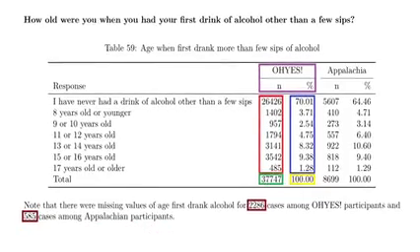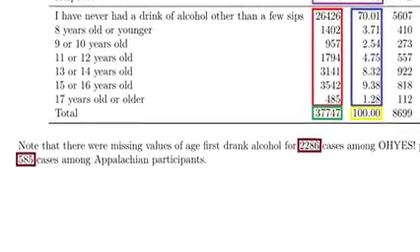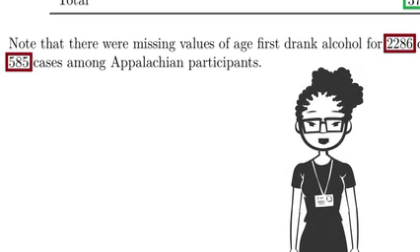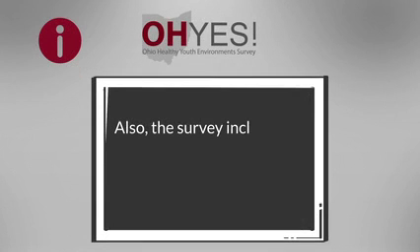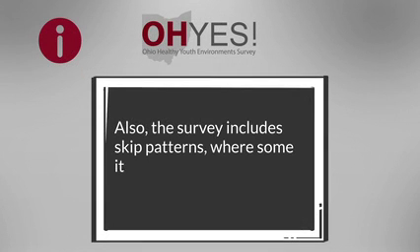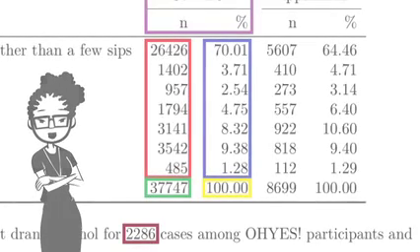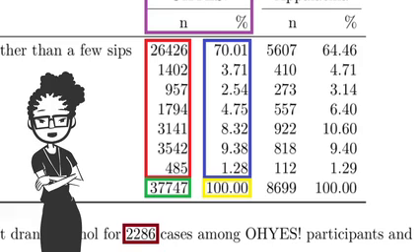The number of students who should have responded but did not are also listed for survey items in the brown boxes. Participation is completely voluntary, and participants may skip any item. Also, the survey includes skip patterns, where some items are skipped if they do not apply. We will walk through a couple of sample interpretations of this data to be sure that the content of the tables is clear. As our first example, we can see that